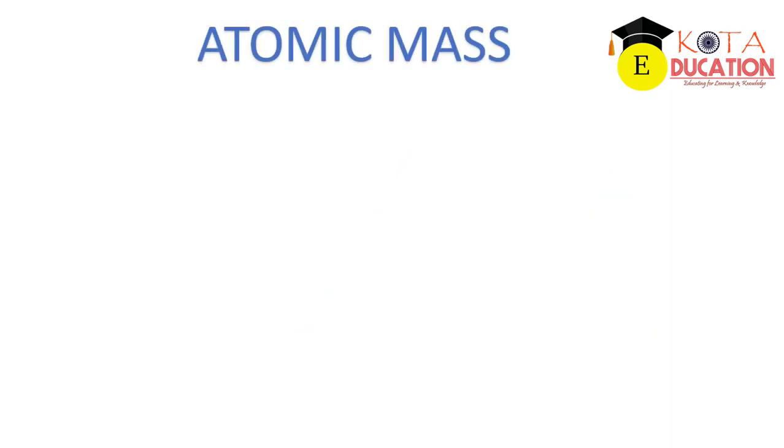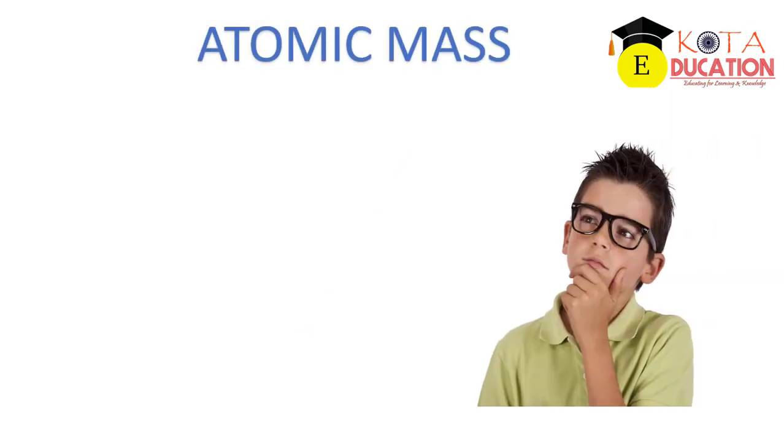So first thing, here the term is atomic mass. Now the question is, what is atomic mass? So atomic mass, normally what we say, it is the mass of an atom, right? In an atom there is electron also, proton also, neutron also. So the mass of the electron is negligible as compared to the mass of the proton as well as the neutron. So we can say largely the mass of an atom is because of the proton as well as the neutron.